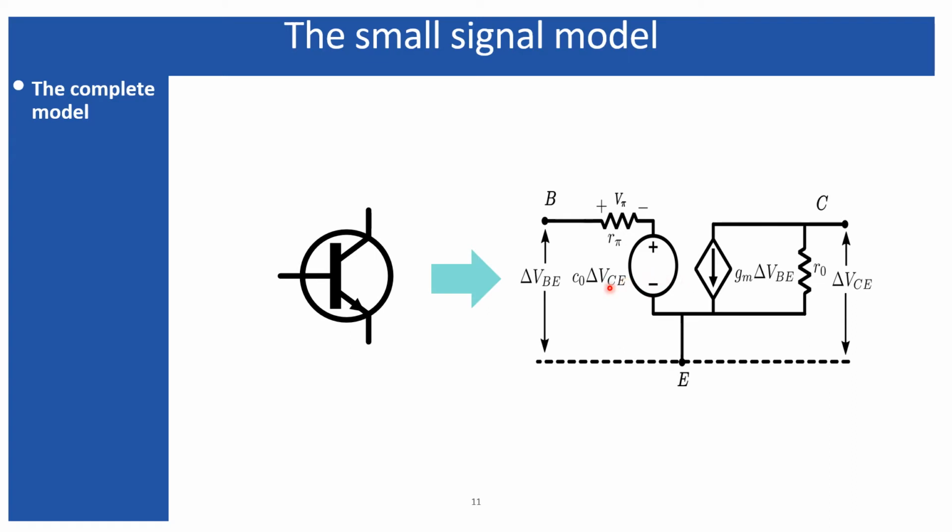Initially, if you assume that there is no early effect, so these voltages will be 0, and you can place a short circuit across this terminal. Then VB will be equal to V pi. So this GM VB will be replaced by GM times V pi. Finally, this R naught I have included over here, and that relates the differential change in collector to emitter voltage to the differential change in collector current, and that is appearing also due to the early effect.